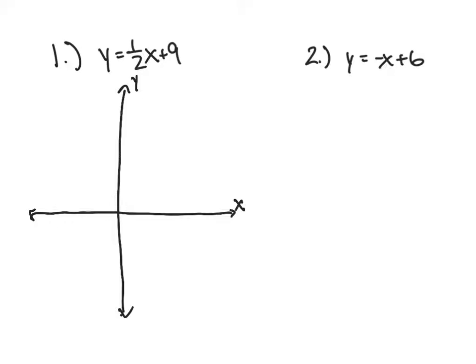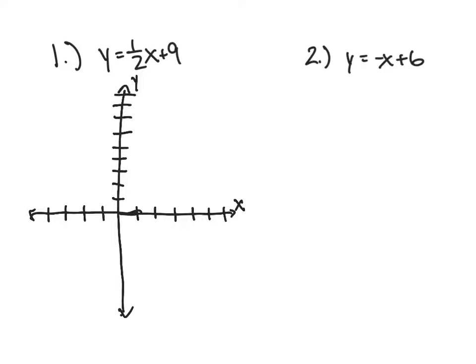So after we have our axes drawn, we need to create a kind of scale. And so I'm going to start out on the x, and I'm just going to try to draw lines that are well enough spaced out that I can kind of discern a sort of scale or spacing between the lines that's equal. Something like that. And I'm going to do the same thing for the y, and I want to try to keep this sort of space the same. So I'm going to look at this and say, maybe that's a 1, 2, 3, 4, 5, 6, 7, 8,